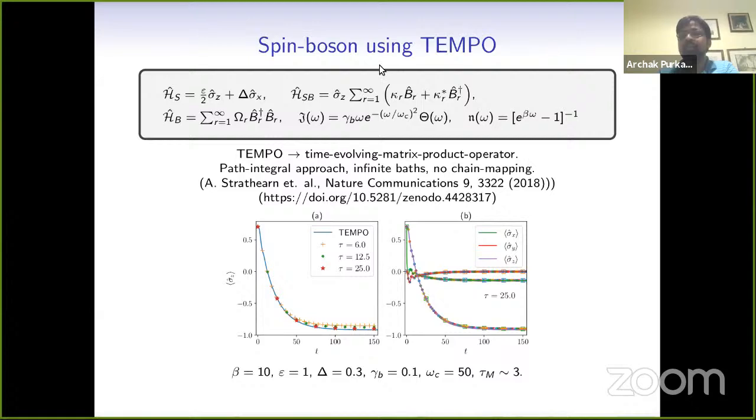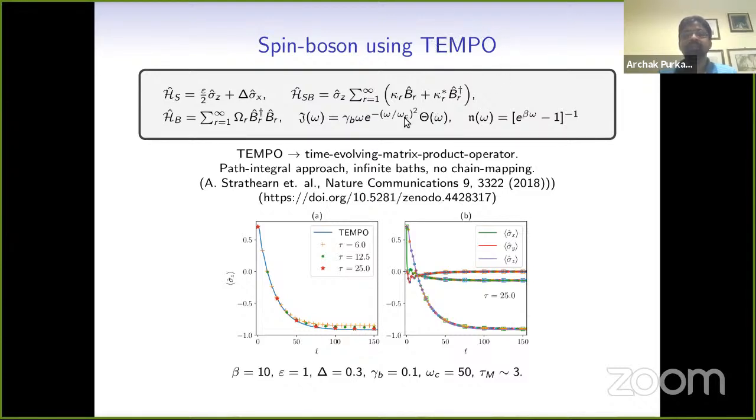But let's look at a different way. So till now we have been looking at this chain mapping idea, with this mixed basis TEBD and so on. But this idea of refreshing is independent of these techniques. In fact, it is also independent of chain mapping. So there is this